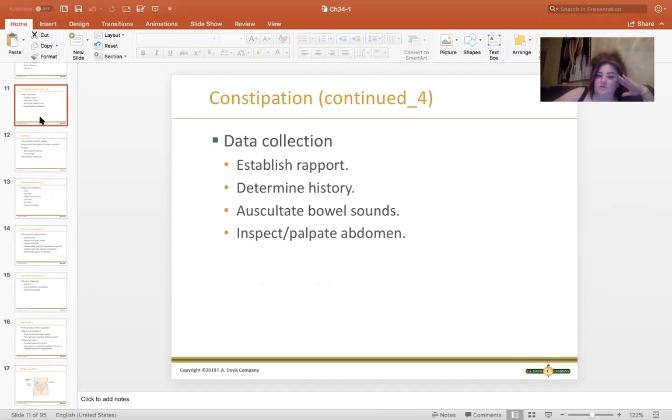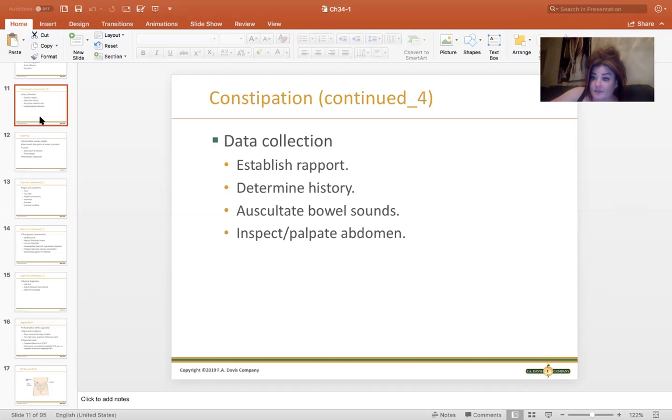Of course, data collection is always important. We want to determine potential histories or genetic history. Do you have problems in the past? How's your diet? What are you eating? What's your stress like? How often are you eating a day? How much fluids are you taking in? How much coffee are you drinking? How much alcohol are you drinking? If you're having